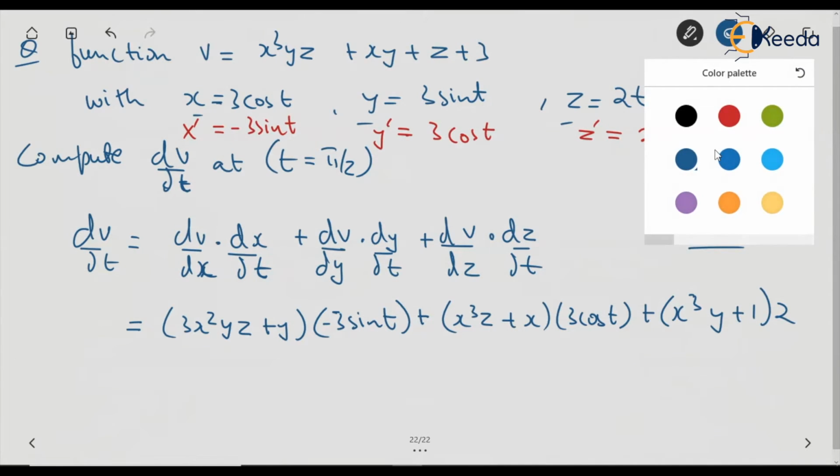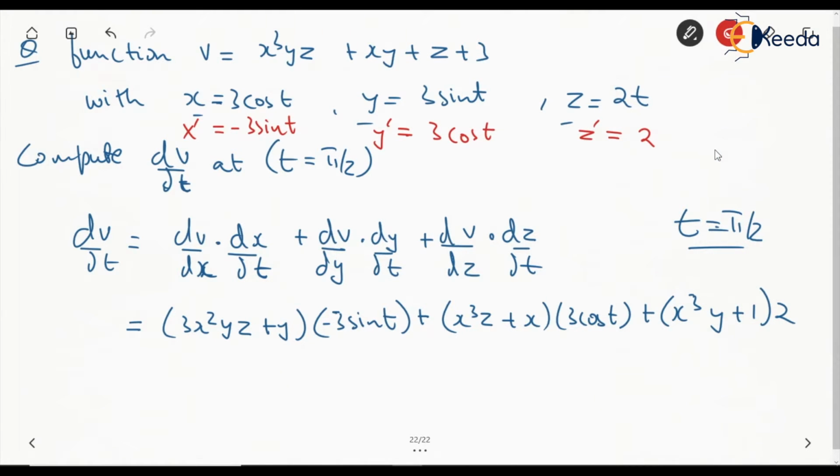So we can do one more thing. We can do two things: either substitute x, y, z with these functions of t and then substitute the value of t for all the variables present here, or we can directly substitute the values of x, y, z at their respective places, along with the functions of t, like sin t, cos t and so on, right? It will be easier if you directly put x dash, y dash and z dash, that is these three functions. And apart from that, we can also check what x, y and z are.